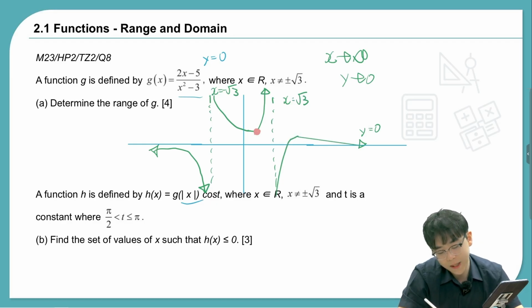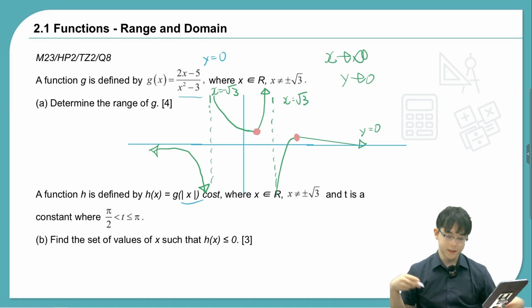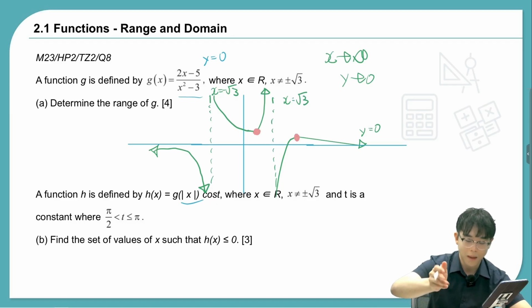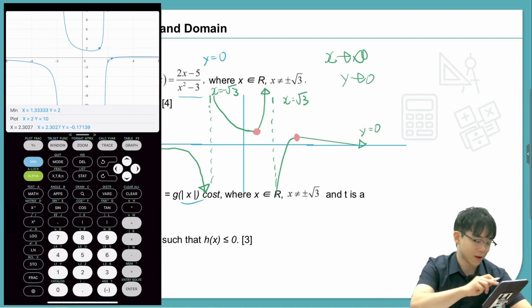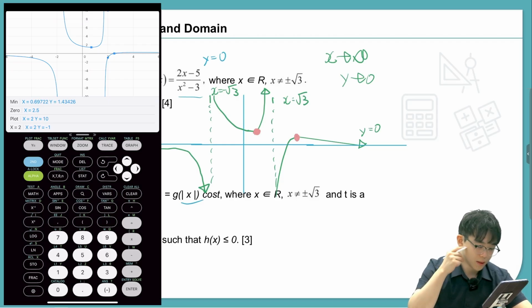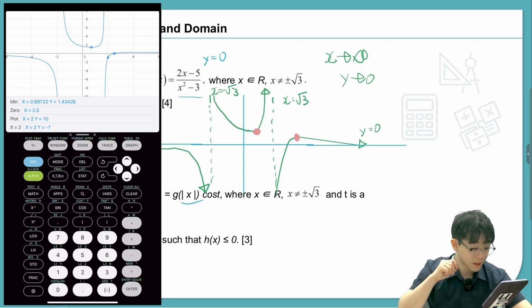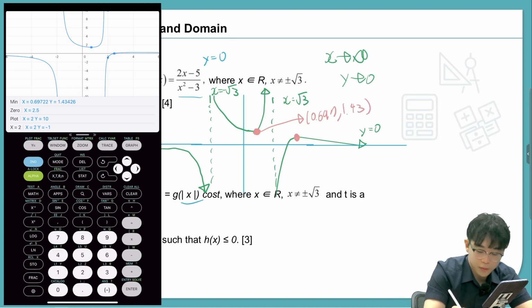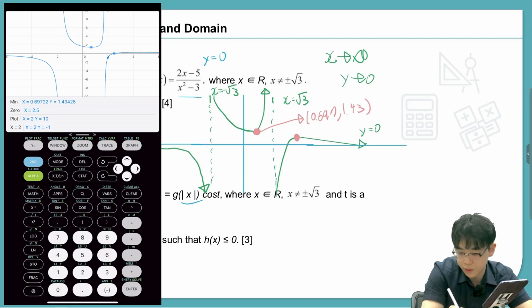So if you want to find the range of g, we would find the local minimum point and the local maximum point. Greater than the local minimum and less than the local maximum is our effective range. So let's find the local minimum first. The local minimum turns out to be 0.697 and 1.43. So g of x must be greater than or equal to 1.43,